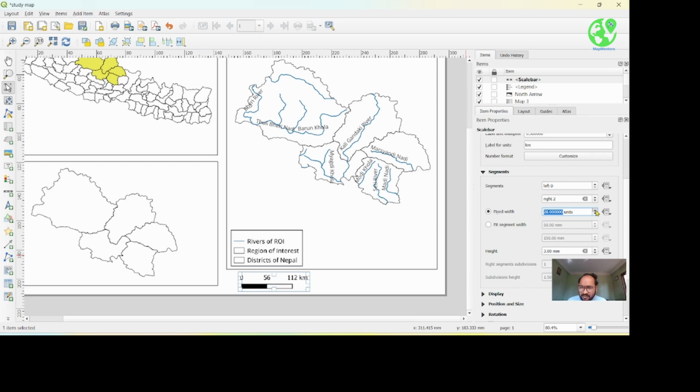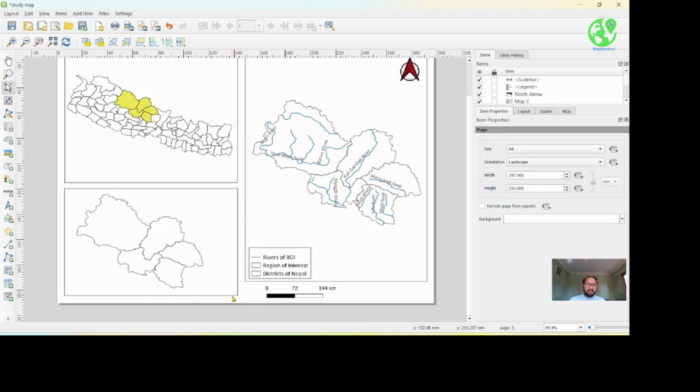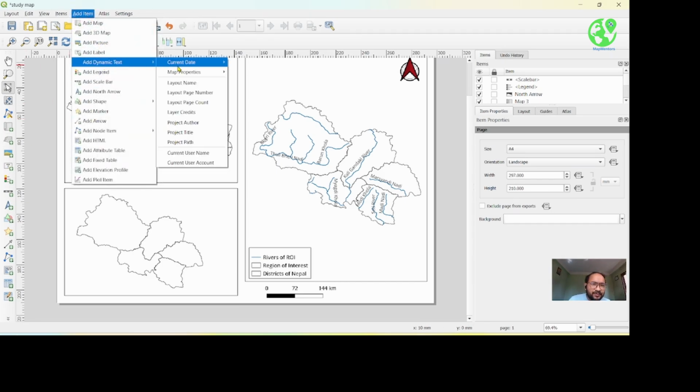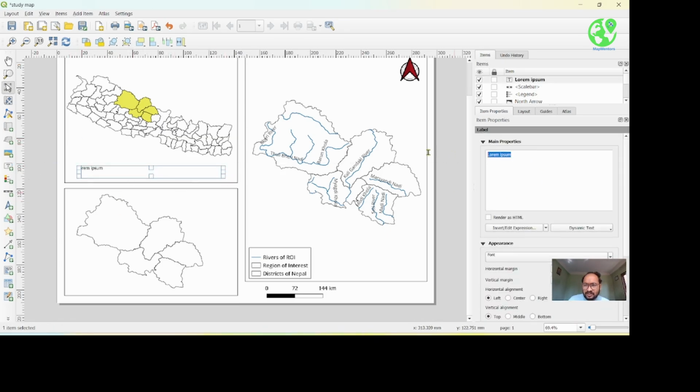For example, 46 item, and drag this further. And you can also add some text here. To add text, there is a text symbol, or go to add item, dynamic text here. So you can keep a current date, map properties, layout name, author, and a lot of things. Here you can select text, and you can keep text here. For example, I'm going to write Nepal,